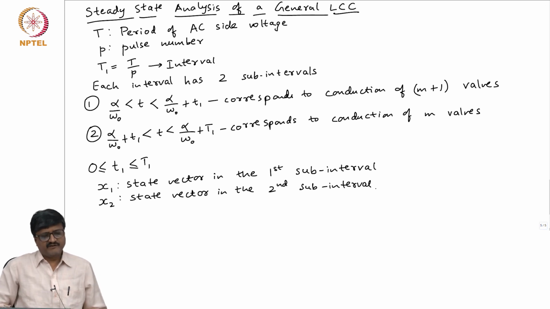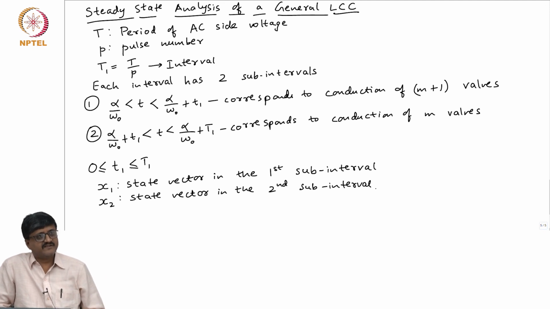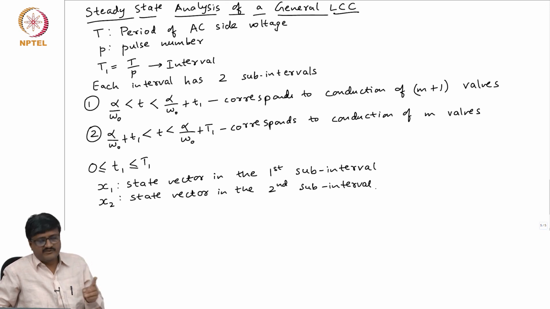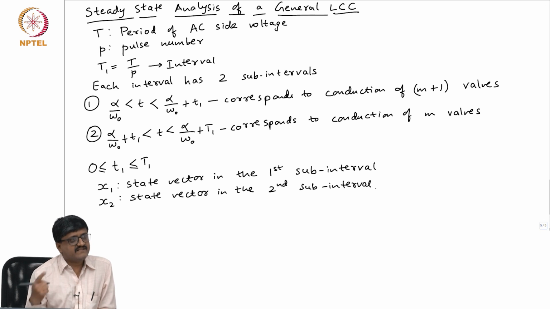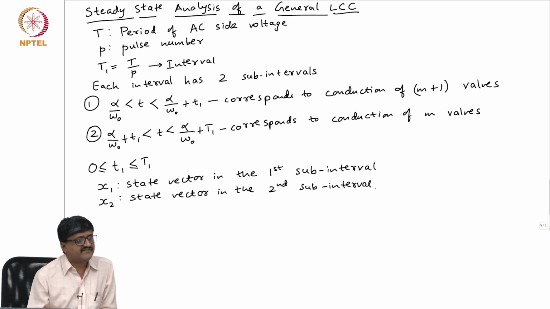See, based on our understanding of some special cases so far, if I take 2 and 3 valve conduction mode or 3 and 4 valve conduction mode, if you look at the first and second subintervals, you see that the number of loops is larger in the first subinterval, it is smaller in the second subinterval, and the difference is 1. Now, it can be shown that x1 is of course larger in size compared to x2, and it is larger by 1. So, the number of state variables in x1 is 1 larger than the number of state variables in the second subinterval.